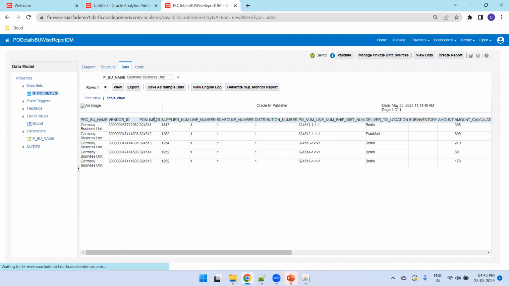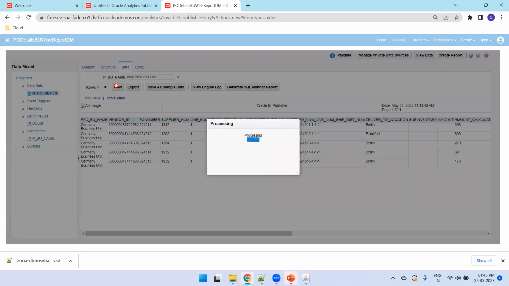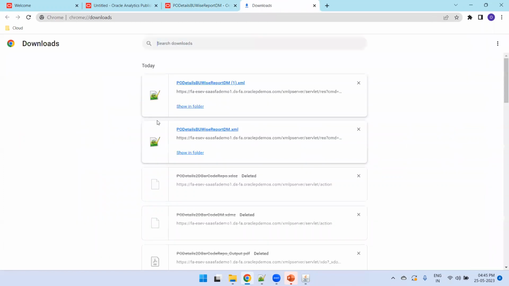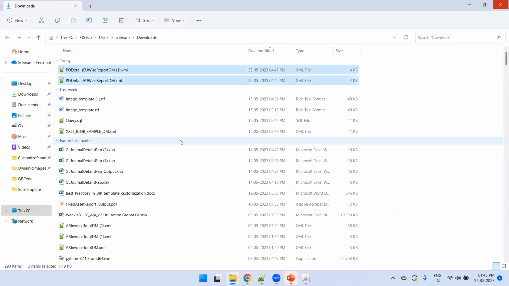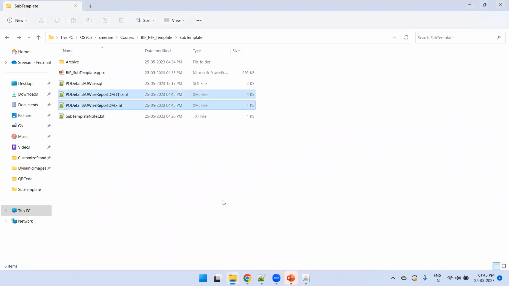Export. So now it is fetching only Germany data. Let's say if you want to get the Italy data, click on view, export. So now we got the Germany data as well as Italy data. So let it be the BU data, and copy this data model to the appropriate location where we are trying